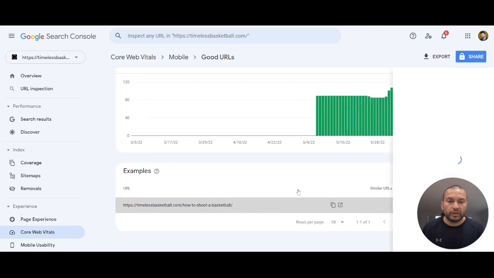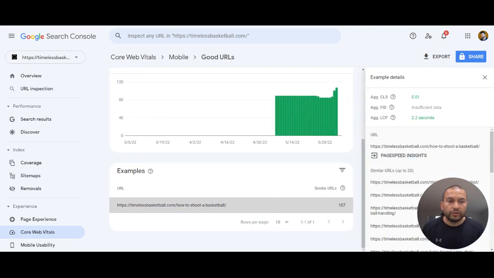what is it that you're seeing? And so you're able to, at a high level, like Google will aggregate this information. So now you're able to say, okay, so this type of URL here is my blog post URL, right? There's no slash category slash something. This is just what my URL structure looks like for individual articles. Google tells me there's 107 of them, and all of them have an aggregated LCP of 2.2 seconds, CLS of